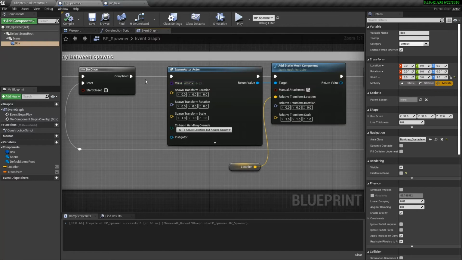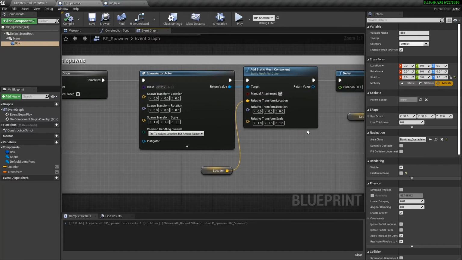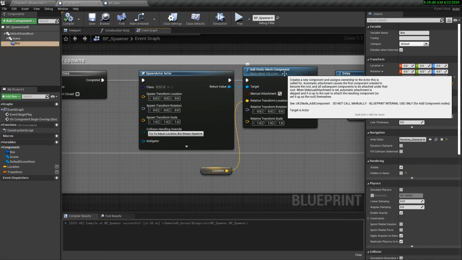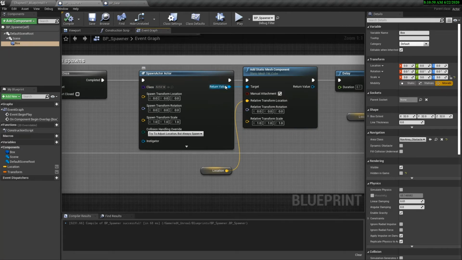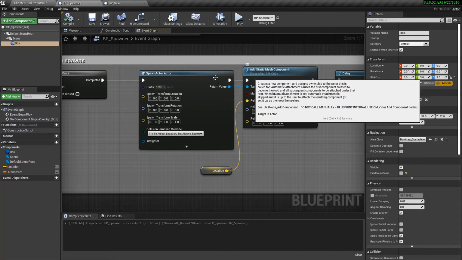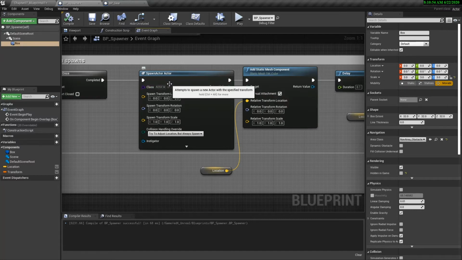And so in order to get something to spawn, if we wanted to spawn something like a cube from our scene, we had to add a static mesh component from the actor class. So hopefully that helps you understand a little bit more. Some objects contain everything that you need, and that's kind of the difference that I wanted to illustrate in this example. So let's set that up.